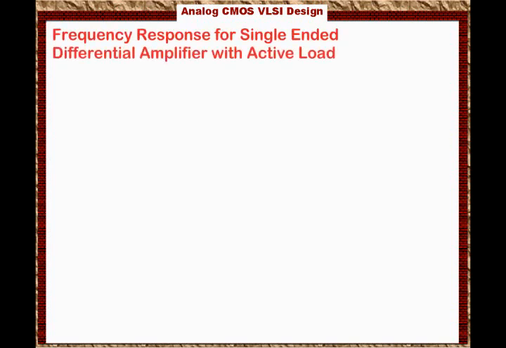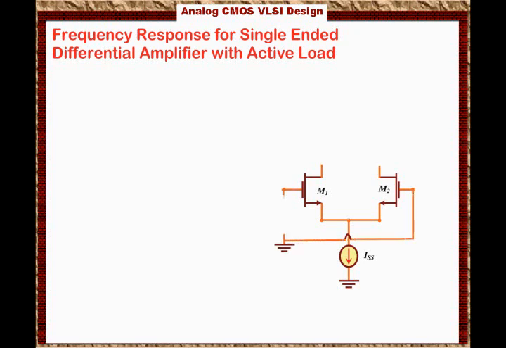Our last circuit in this lecture is the single-ended differential amplifier with active load. So we are interested in the frequency response for the single-ended differential amplifier with active load. Recall that the amplifier has M1 and M2 as the differential input transistors, and they are connected together at the source, and the source here is biased using a current source. We call it ISS. Keep in mind that this current source can be biased using a transistor, but for simplicity we're going to assume that it is an ideal current source,